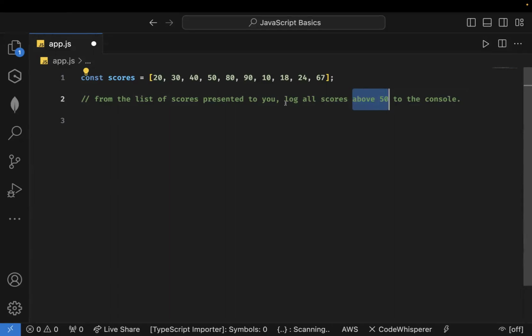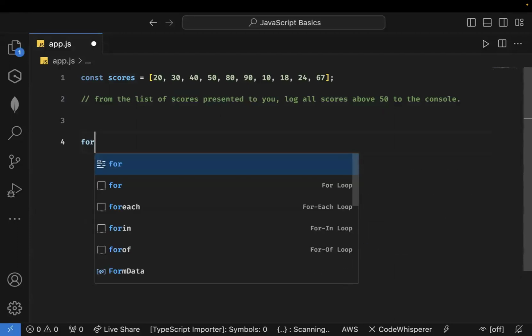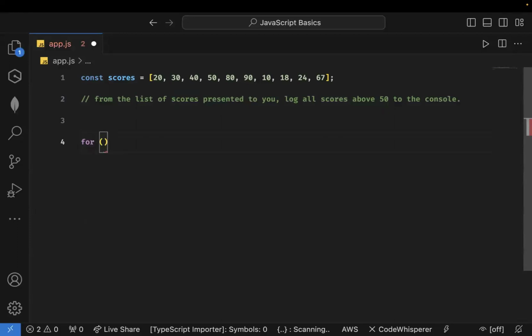So the question can come in any format, but you need to be able to recognize the particular paradigm that you have to use to solve it, right? So in this case, I know I need a conditional, all right? And I know I need a list of scores, and I know that I need to print some things to the console, all right? So what I'm going to do now is say for, all right,